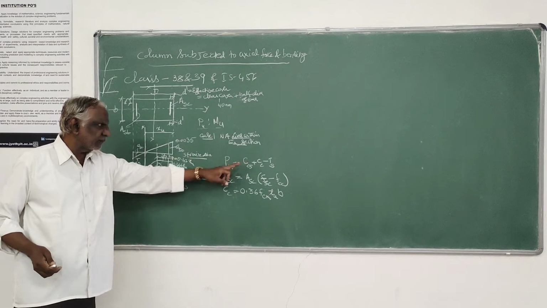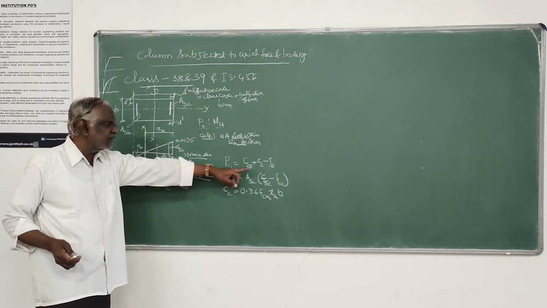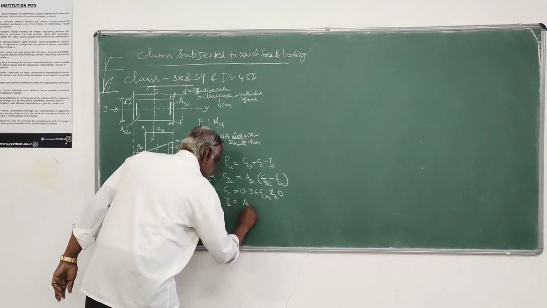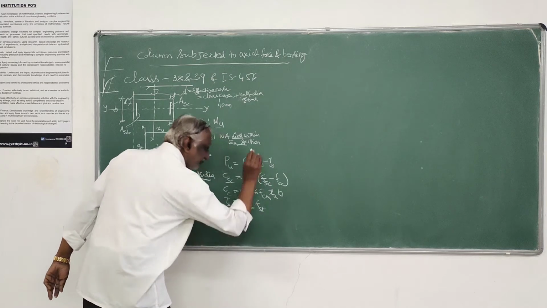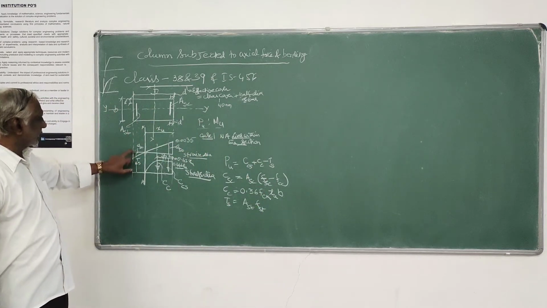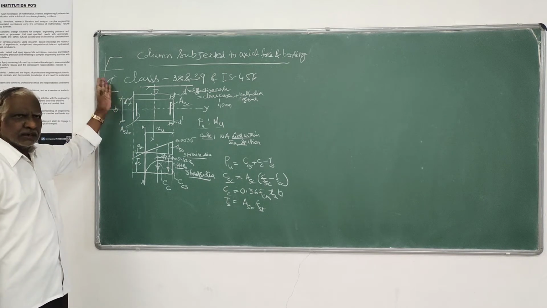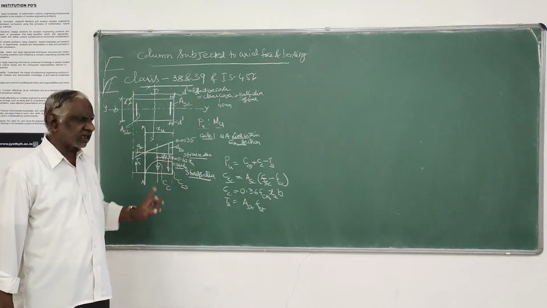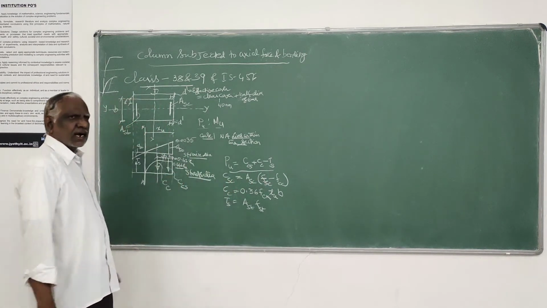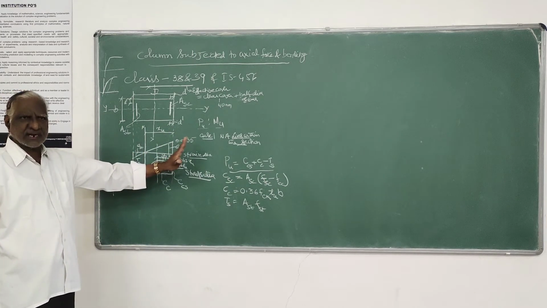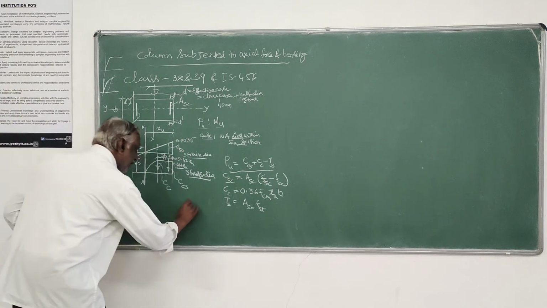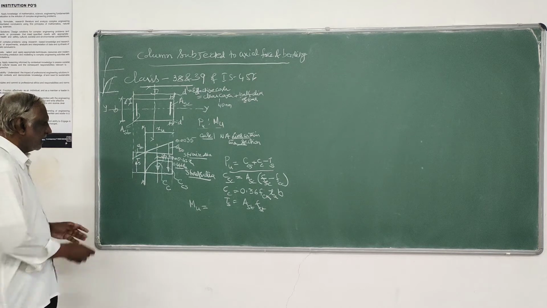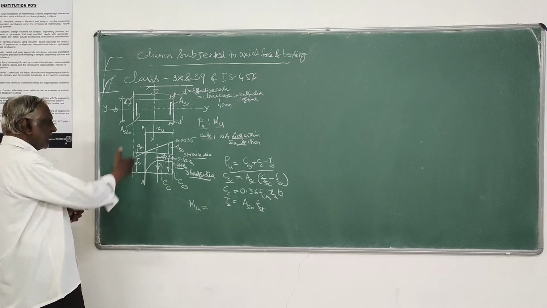So that CC also can be computed, TX also you can compute, which is given by your AST multiplied by FST. This also you can compute corresponding to this strain. You can refer to the stress strain curve and calculate that FST. From that all these things are calculated. You can find out this ultimate load when the neutral axis lies within the section. Then you can evaluate the ultimate moment also of this particular cross section by taking moment of all these forces about this